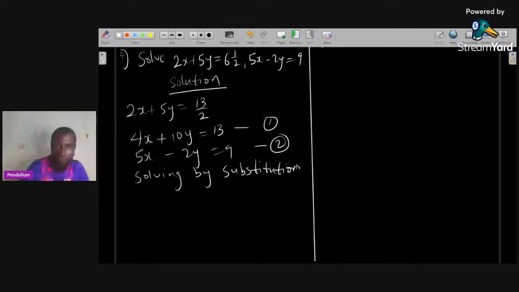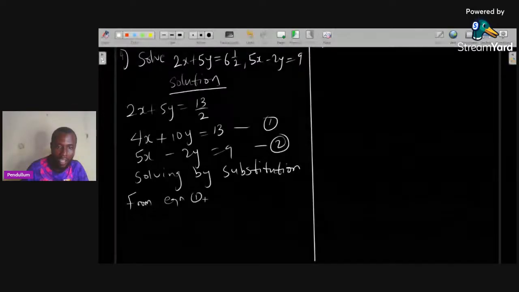And if we want to solve it by substitution, substitution means replacement. So from either of these, we are going to make x or y the subject of formula, first of all. So where do we start from? Let's just use equation 1. So from equation 1, we have,